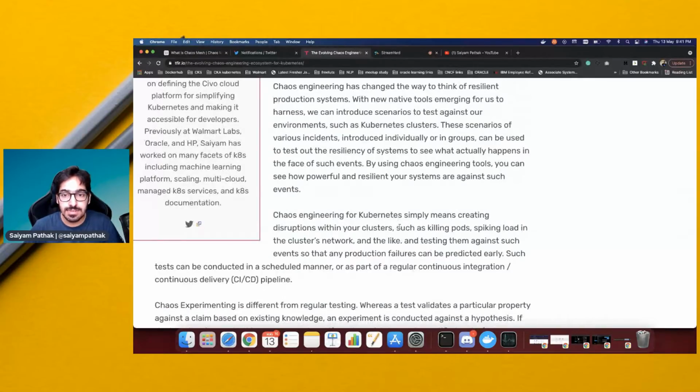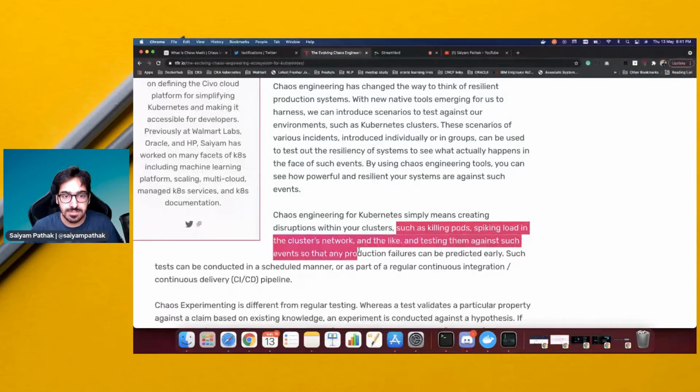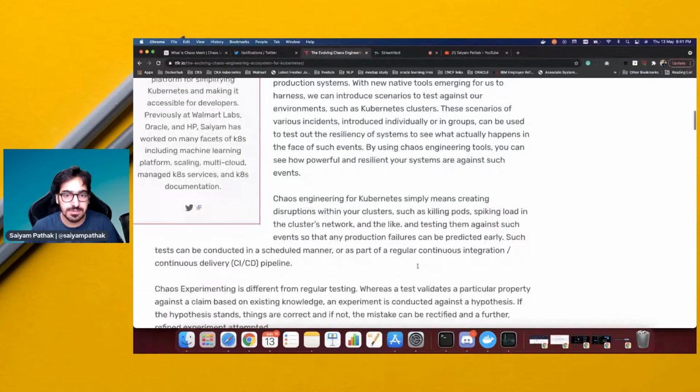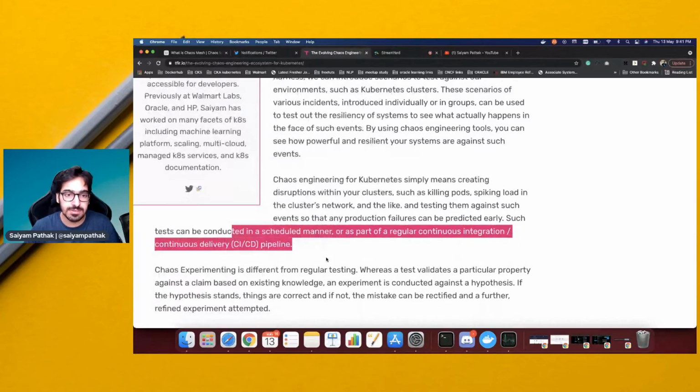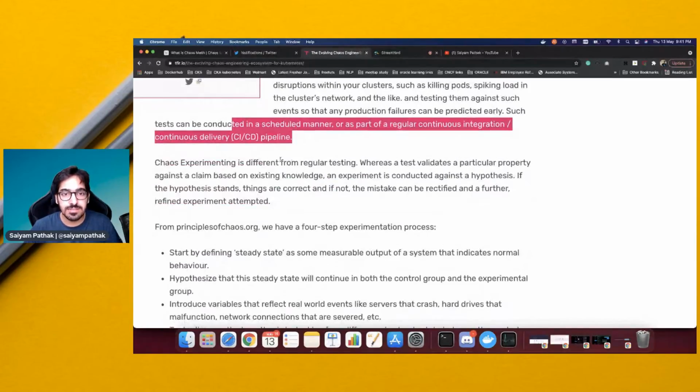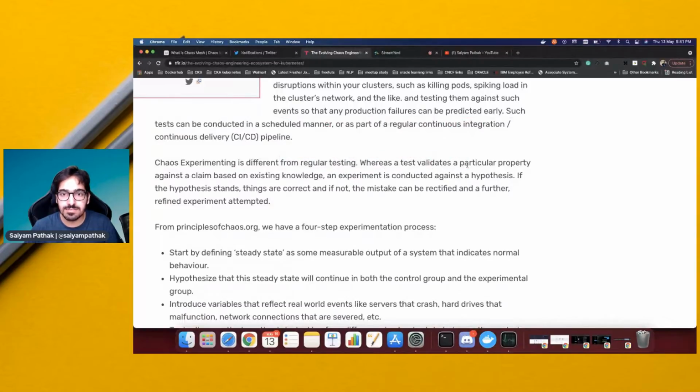You can see that killing pods and spiking load in the cluster network traffic can be done, and they should be conducted in a scheduled manner. And obviously they are different from regular testing, because regular testing just validates a particular property. But your